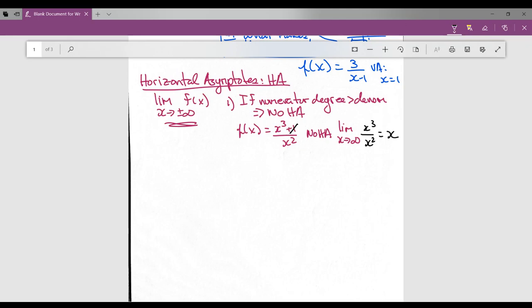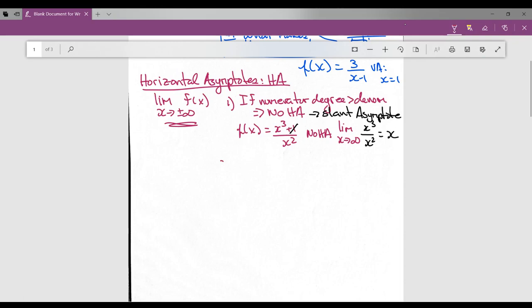In fact, as we will see in a bit, these sort of cases give you a slant asymptote or oblique, or you can have cubic, quadratic asymptotes, but we're only ever going to be concerned with slant asymptotes, and I'll review how to do that in a sec here. So that's the first